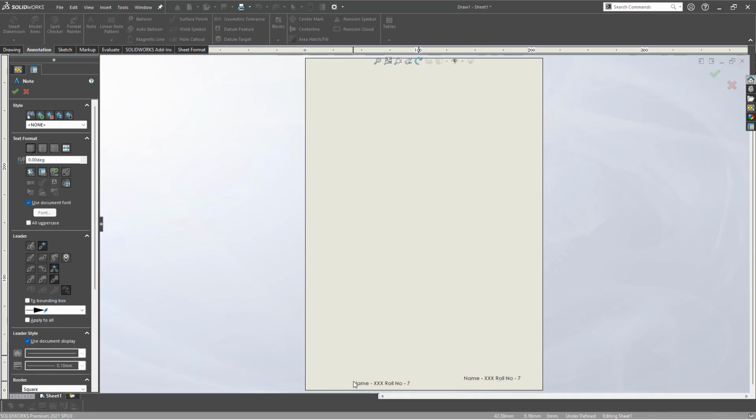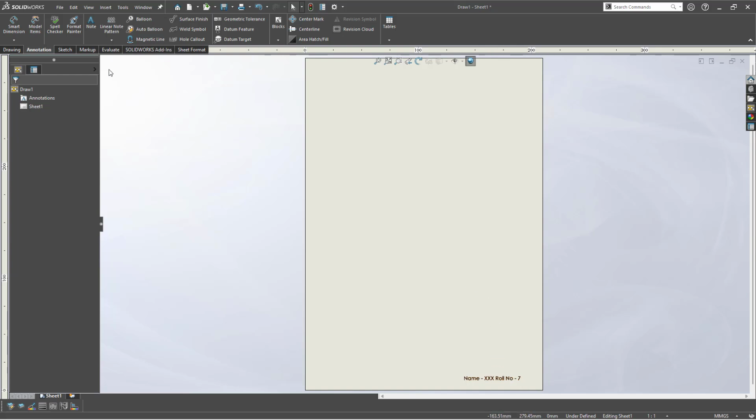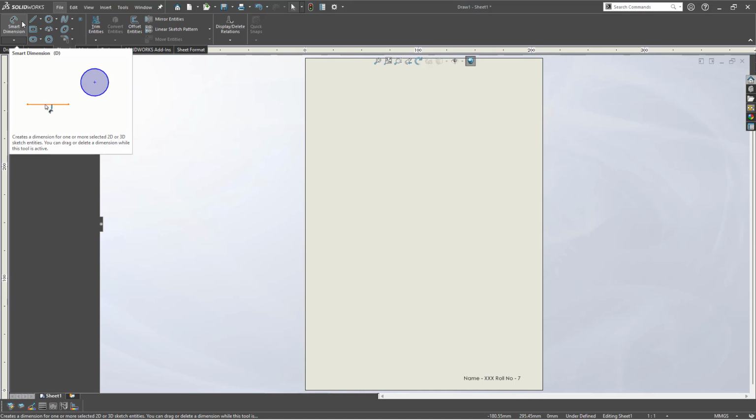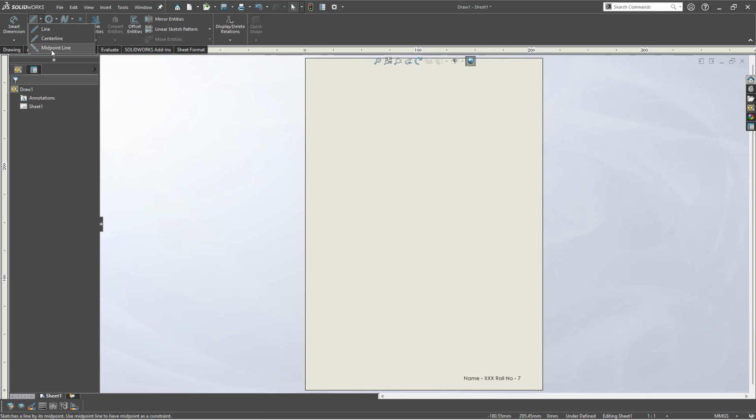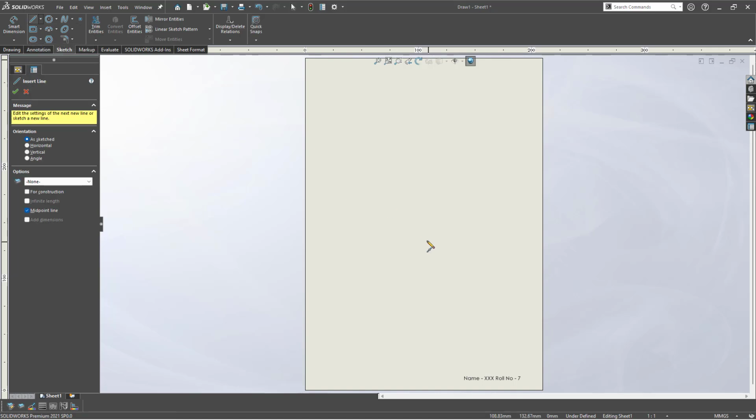So once you have this, it is fine, and you can use these things later on, but right now our main intention is to sketch, and these are all the sketch tools. We have the smart dimension here, which is used to define the dimension. This is the line. In the line we have the center line, midpoint, and this line. Okay, and at the moment I would like to use the midpoint line so that we